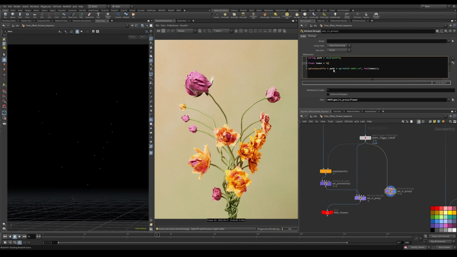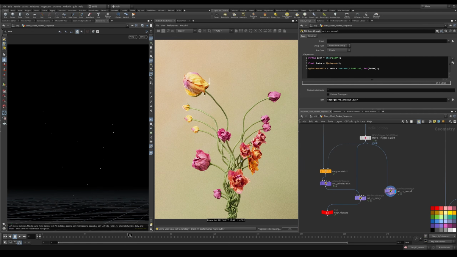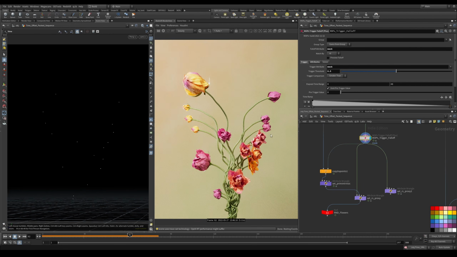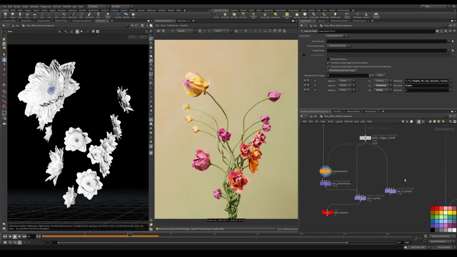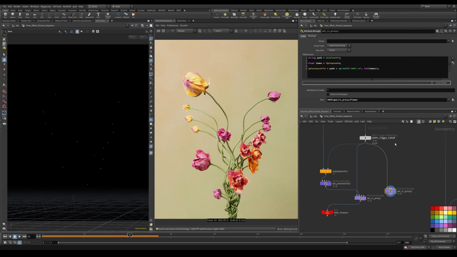this to be f@elapsed. And it actually needs to be +1 because elapsed is from 0. And yeah, now it's working again. But now the downside of this method is that even though it works in Redshift, you don't see anything in the viewport and you have no way of visualizing what these points are doing or what Redshift is doing. So I tend not to use this very often, but it is a way if you want to. You can create a visualizer like this and then just write it out to proxies in this way using the same elapsed